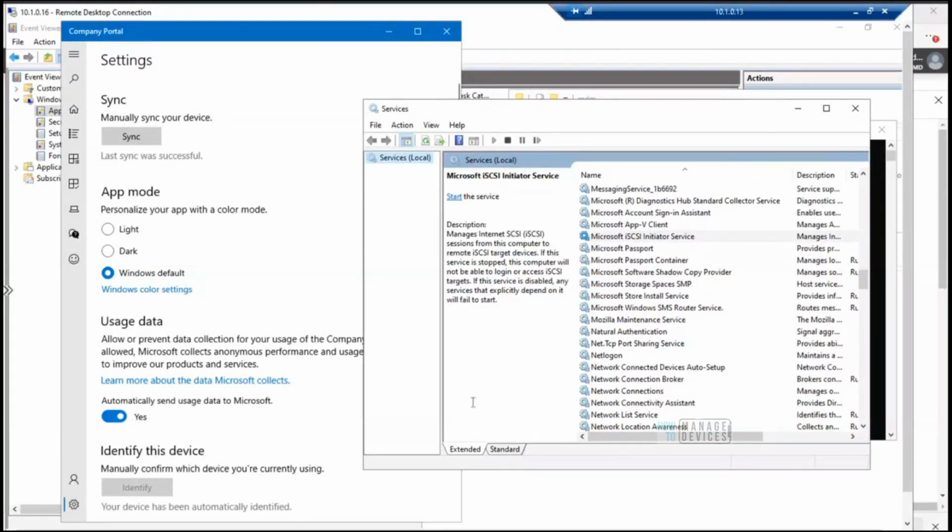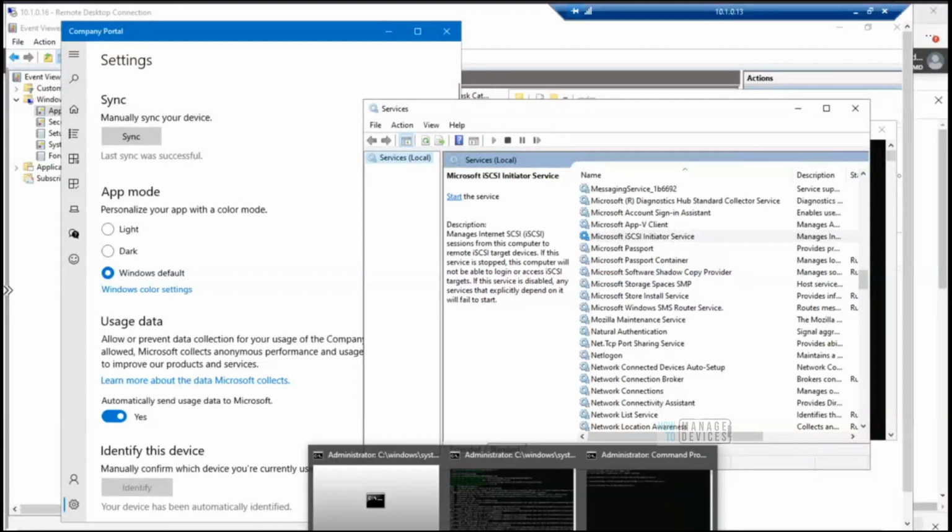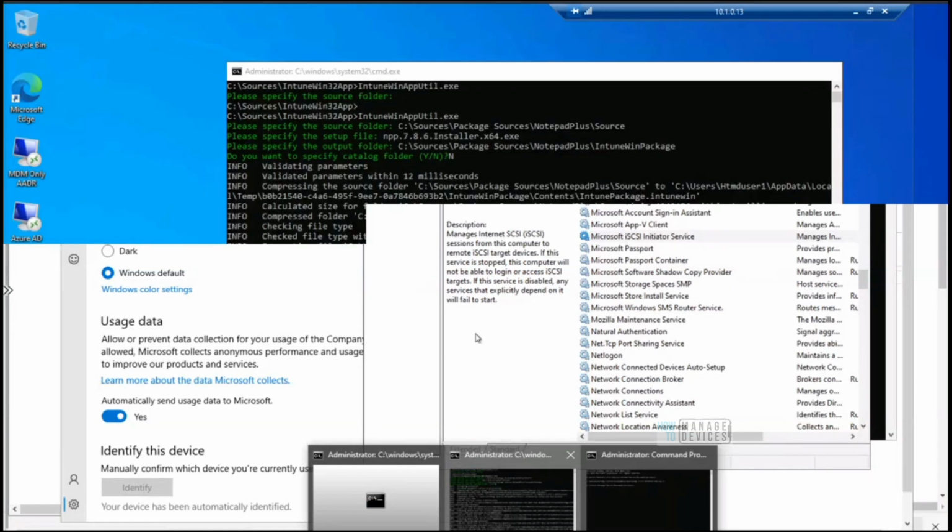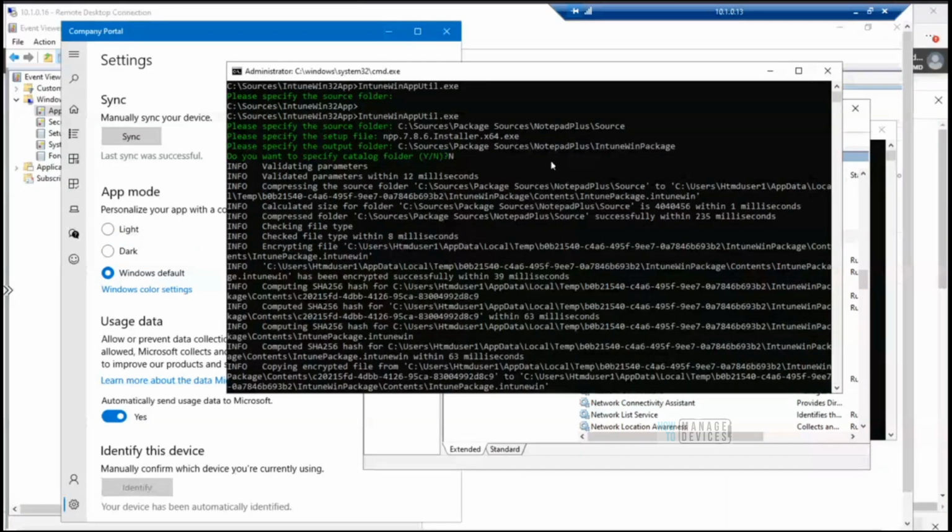I have a question over here. When we are creating an application, we add the folders and convert them to an Intunewin file. When we created that, we gave the setup file, like the exe. So let's say we have a batch file or PowerShell script or something else, then we have to provide that same file, right?